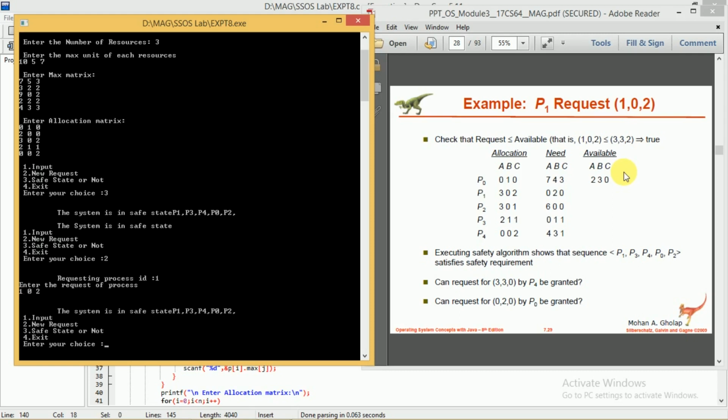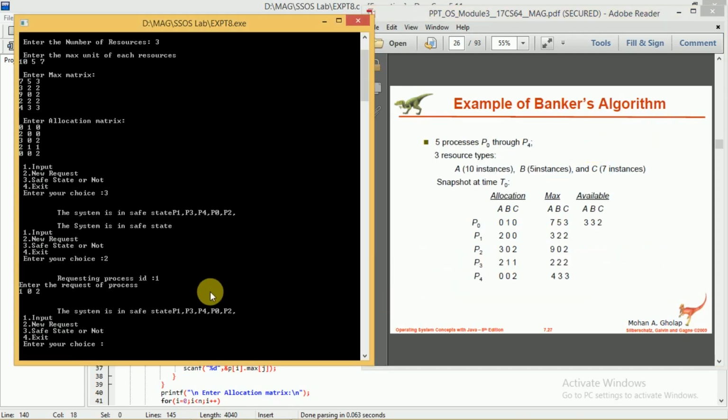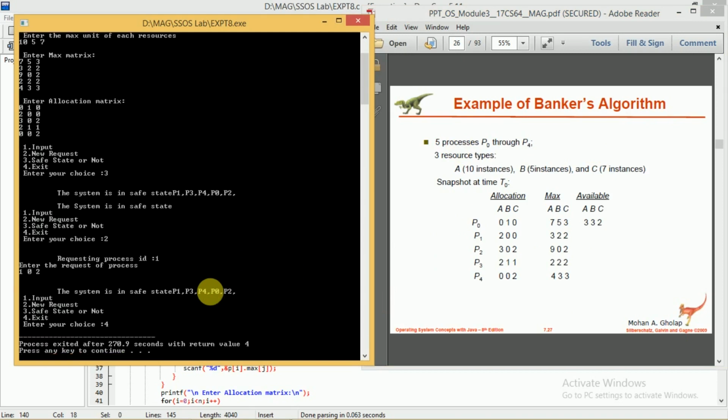Again, see, the system is in the safe state and the safe sequence is P1 P3 P4 P0 P2, the same sequence. In this way you can write a program to implement the Banker's algorithm.